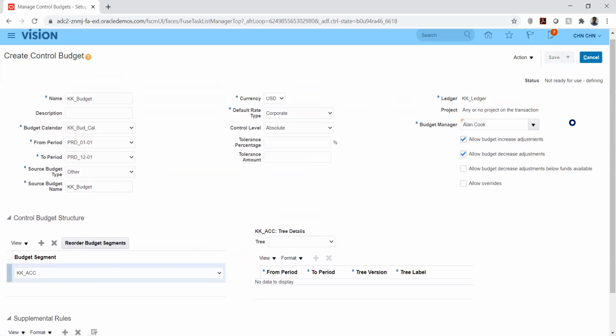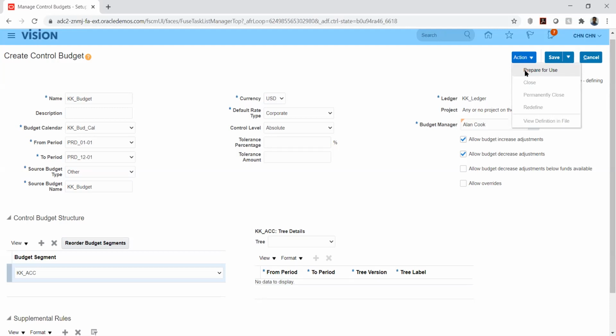So we will save this particular budget, and if you see here the status, it will say that not ready for use. So we will have to prepare it. So let's say there is a case that out of 100 accounts, we have included 50 accounts, and by mistake we didn't include another 20 accounts in the supplemental rule.